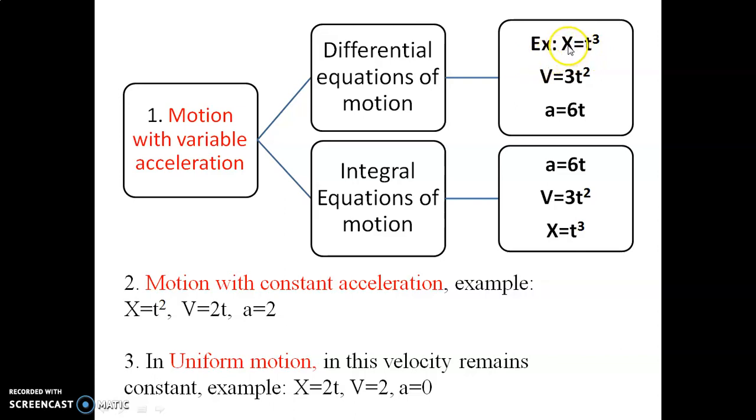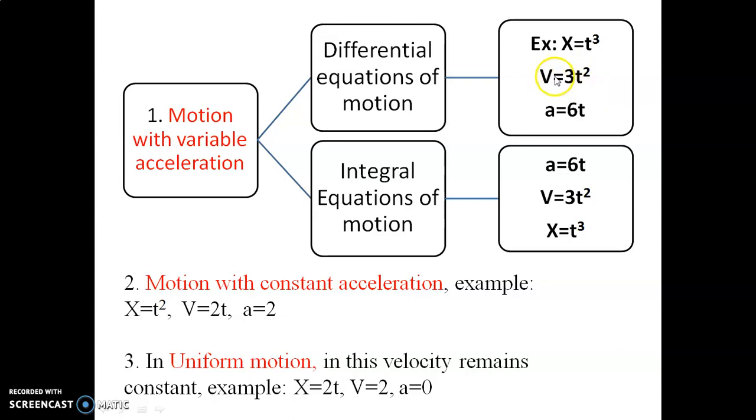So if I differentiate this first equation with respect to time, I get velocity. So velocity, that is v is equal to the derivative of t cube, which is 3t square. So again, if I differentiate this equation 3t square with respect to time, because in the second equation the time is again variable,